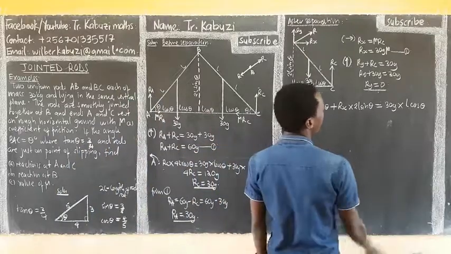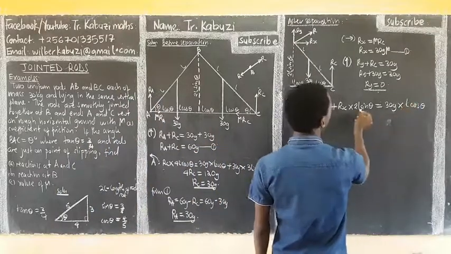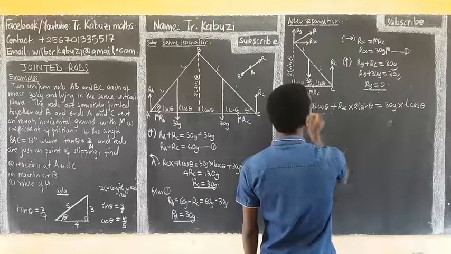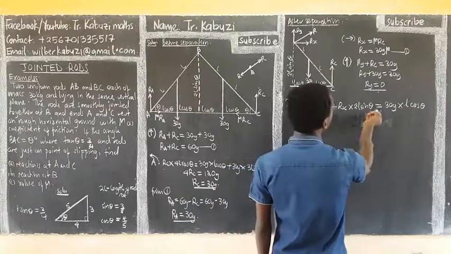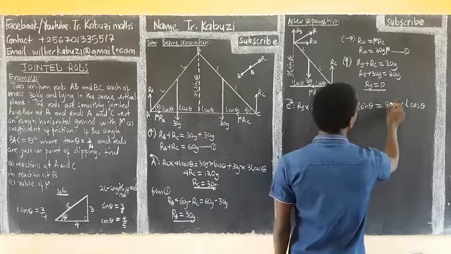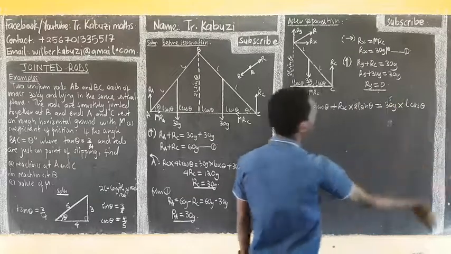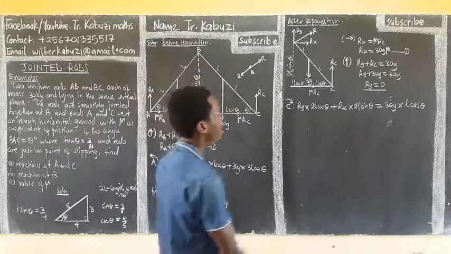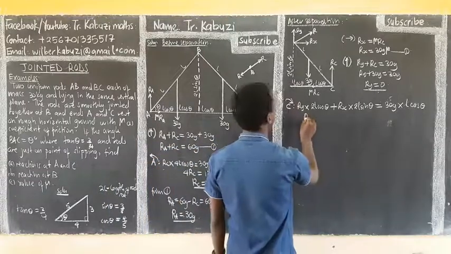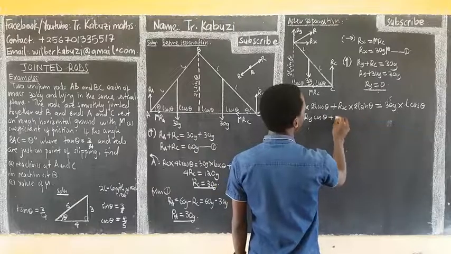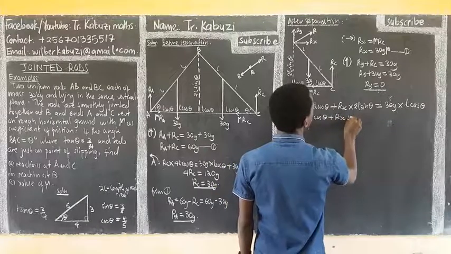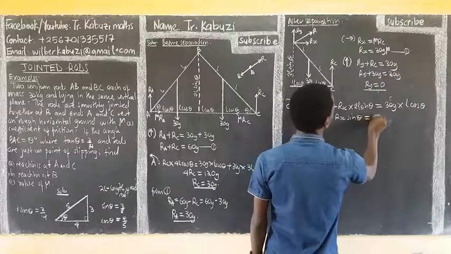Okay, what do we have in common? First of all, we have this is common, there. 2 is common, okay, you remove 2 because 2 is common. So you divide here by 2, you have 15 with ease. So what's surviving here is Ry cos theta plus here what's surviving is Rx sine theta equaling 15d